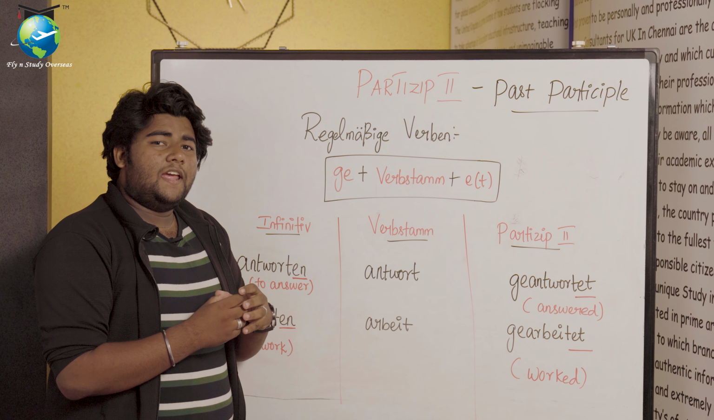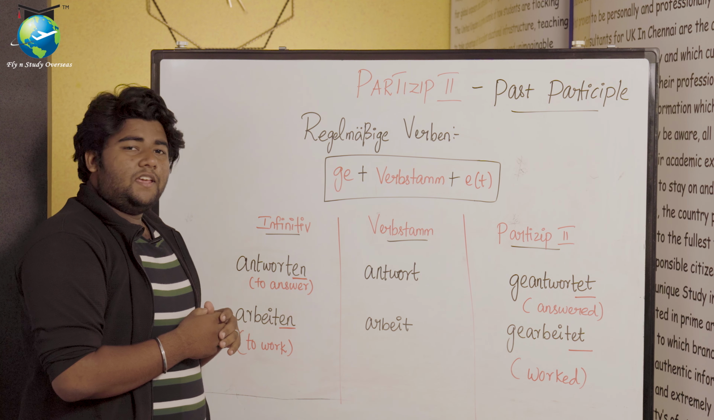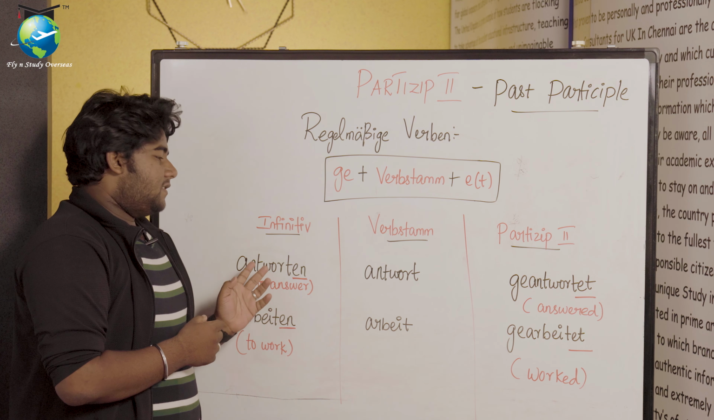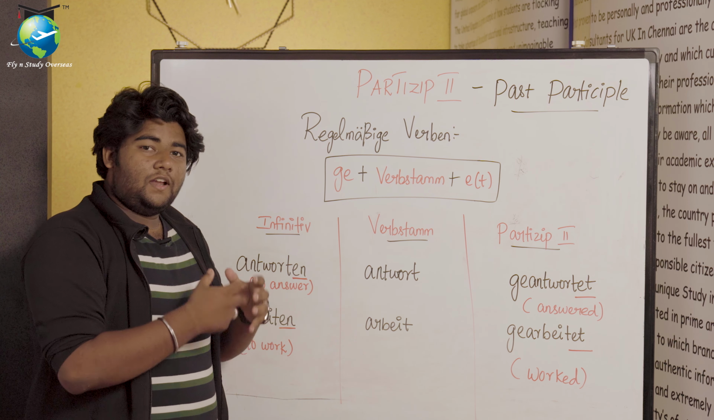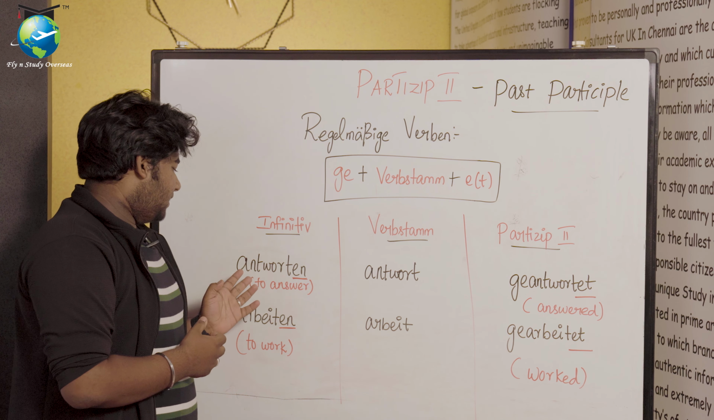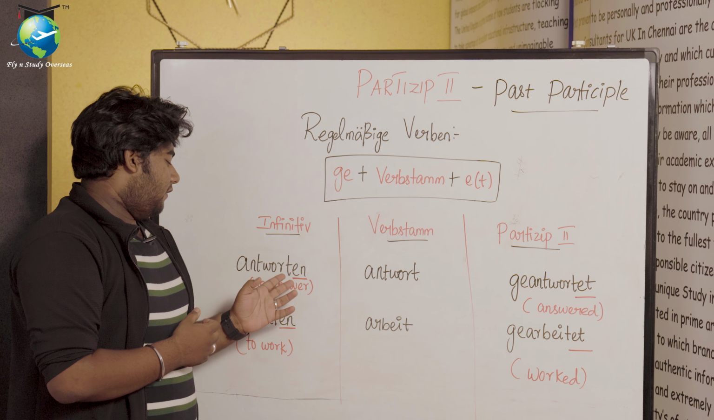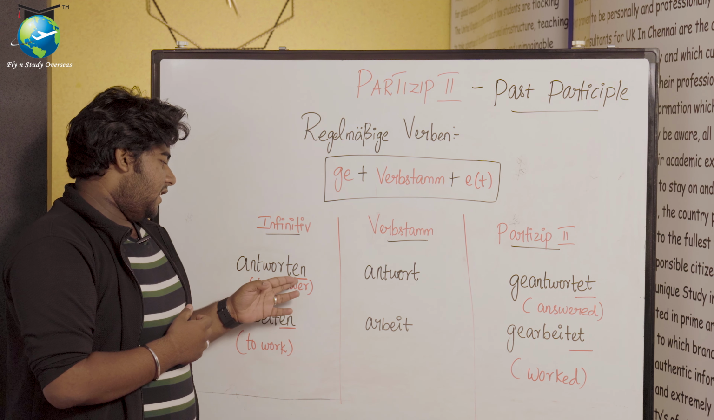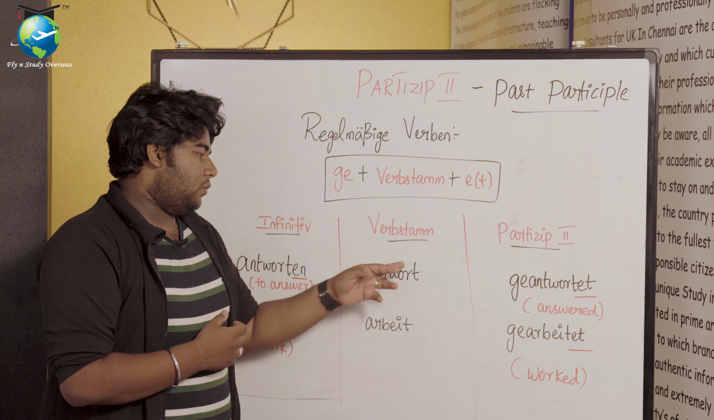Some verbs that end with T, when you remove that EN, cannot be replaced by only T, because if you replace it, it will give a different sound. So now let's take an example verb, which is antworten. So what is the meaning of antworten? It is to answer. Okay, so if you remove this en, then the verb stem will be antwort, which already